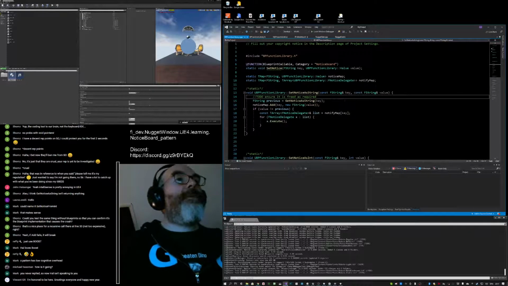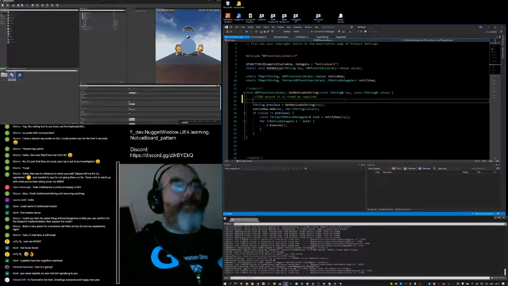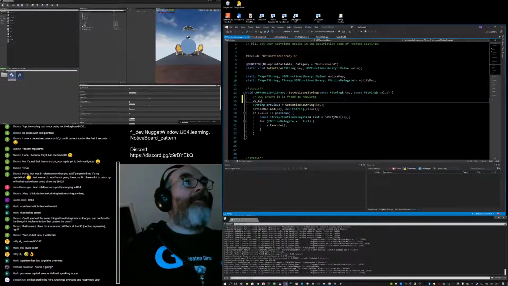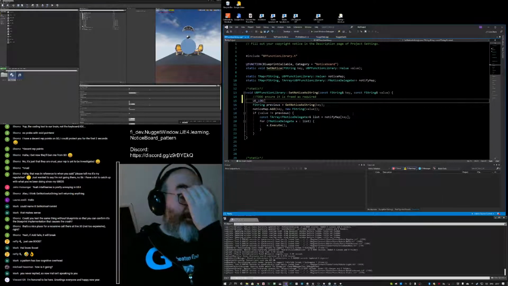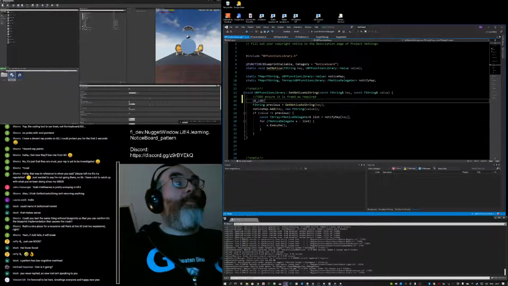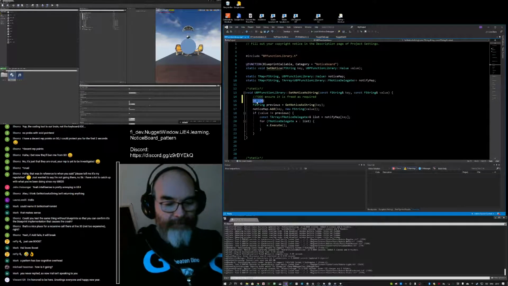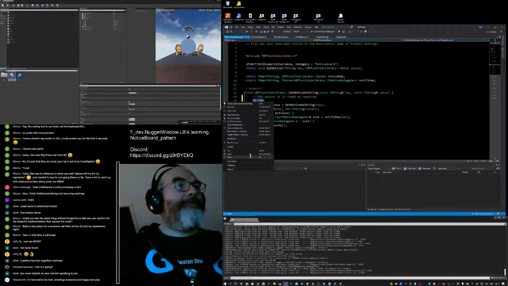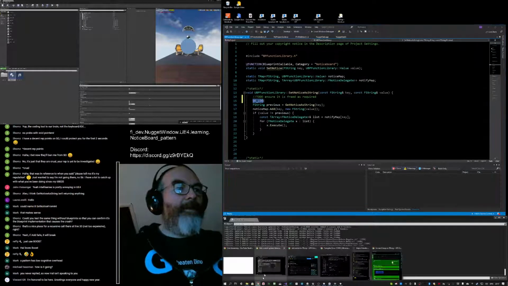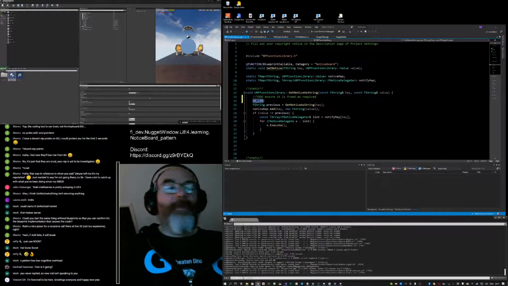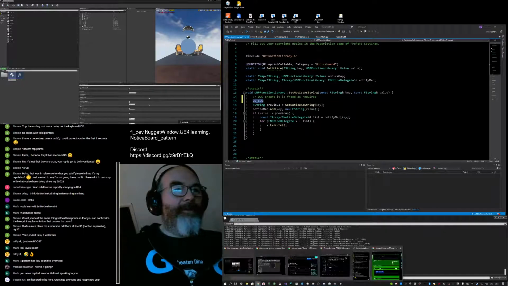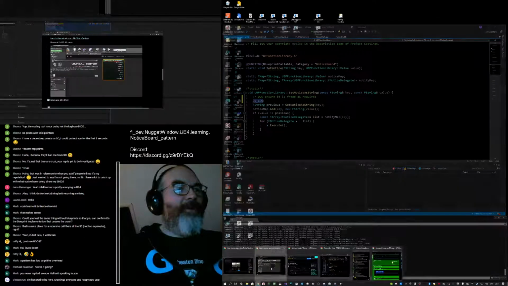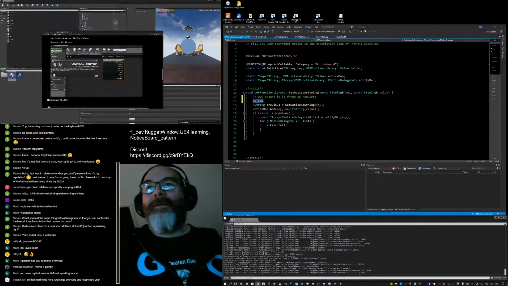So if single stepping is not an option, we can always do UE log. I can never remember the format. It's got a bunch of arguments.